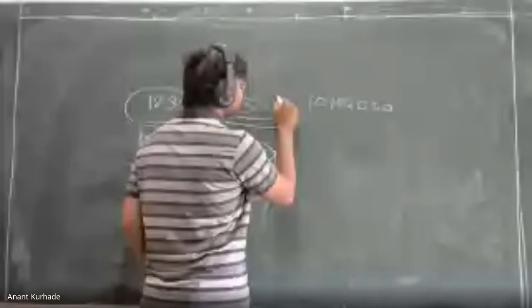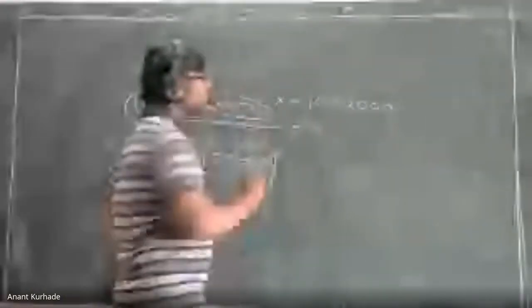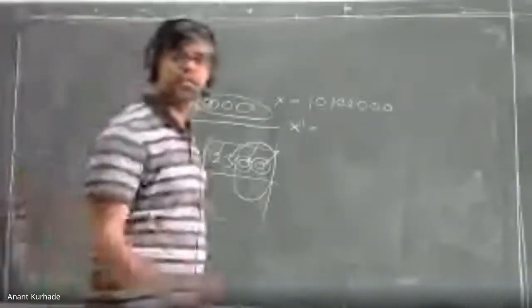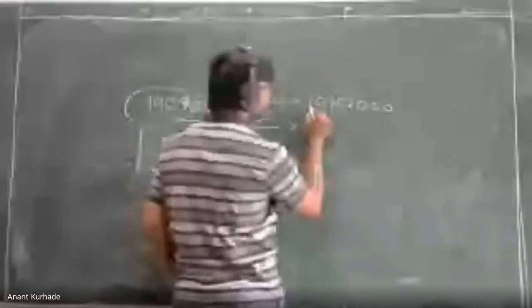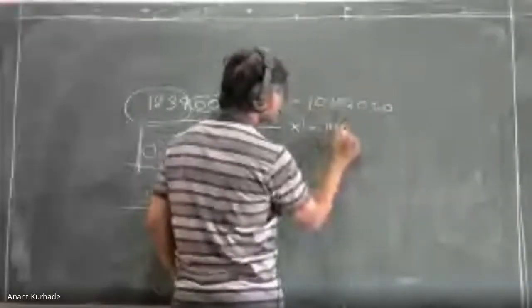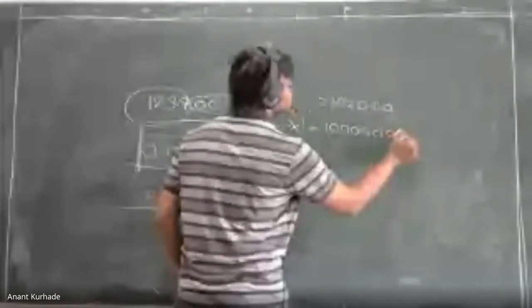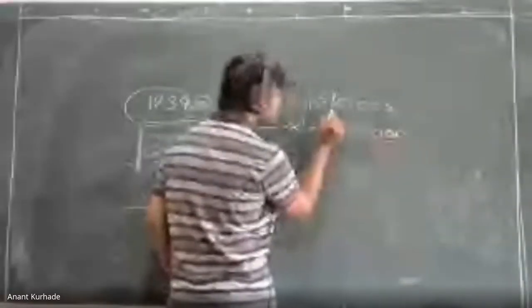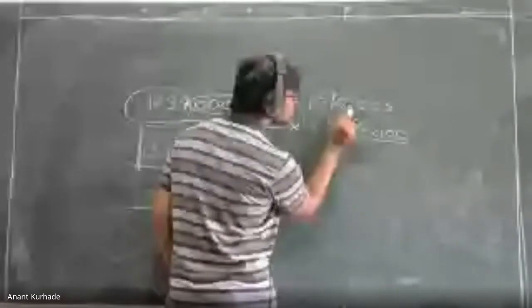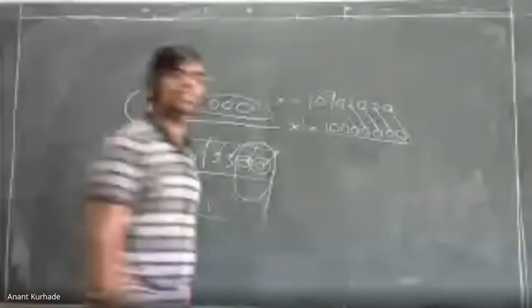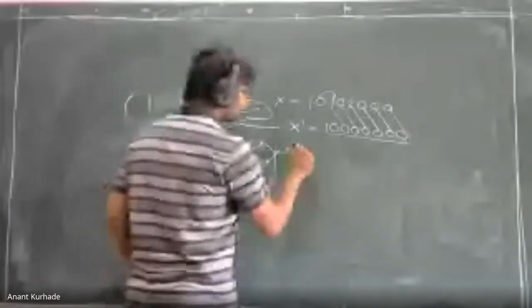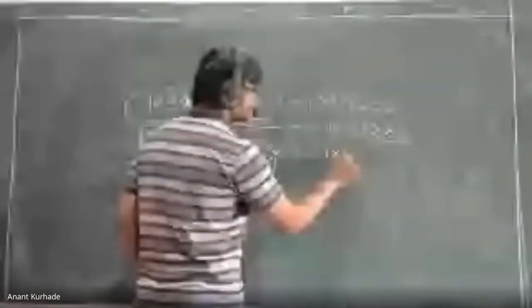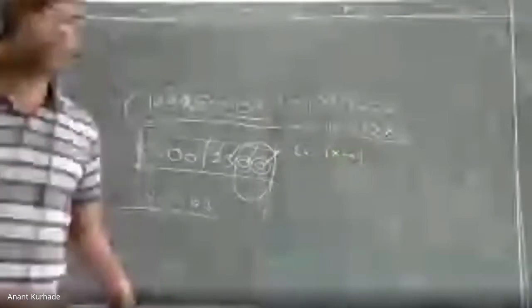So x is equal to x dash. Round up the number to two significant digits. After rounding the number up to two significant digits, our answer is 1, 2. The next digit is less than 1, so don't add 1 here. Zeros are important here. So you can have the absolute error equal to x minus x dash, and we can solve this. So we have studied up to this.